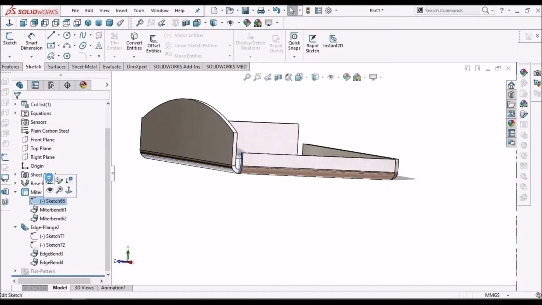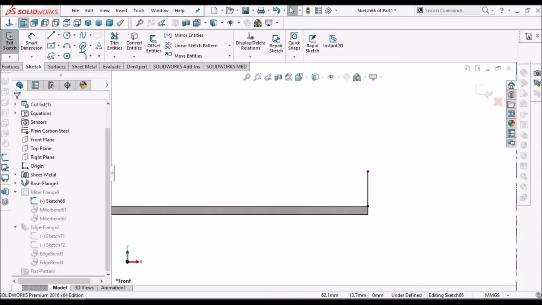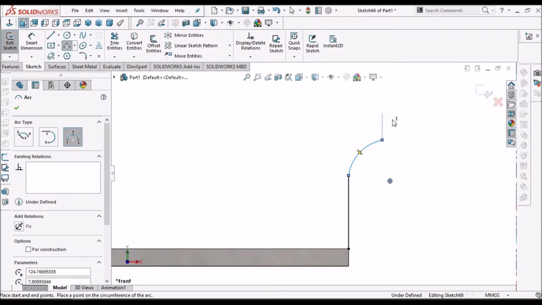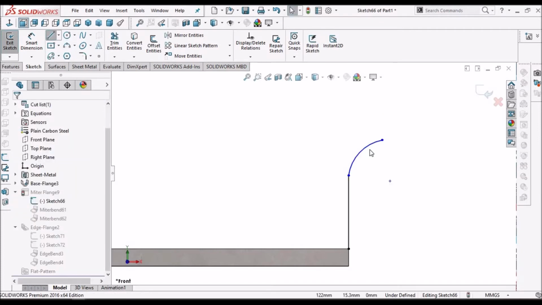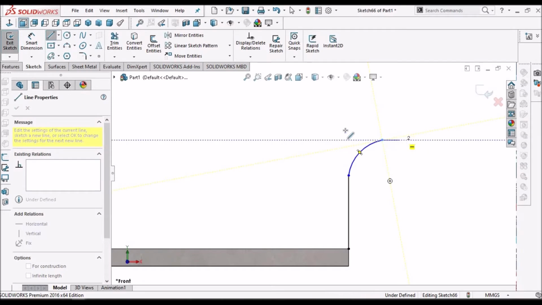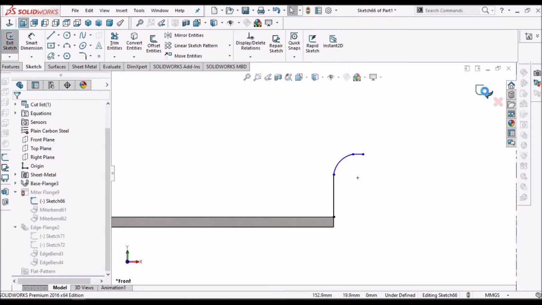But here one advantage is we can create any profile in the cross section. So this is the cross section.